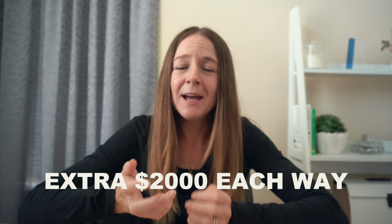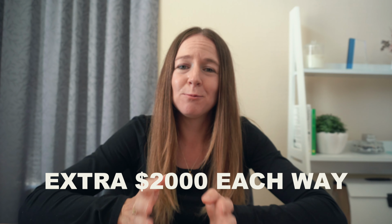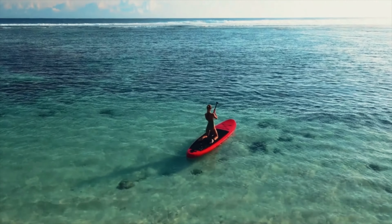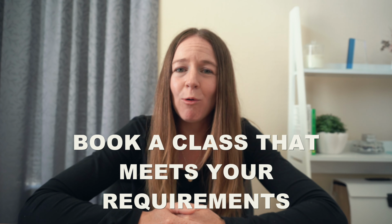But for a family of 4, this was gonna bump our flight costs up by an extra $2,000 each way. So for a 3 to 4 hour flight, it just wasn't worth it for us. That extra $4,000 we could utilize in a much better way and spend it on our accommodation or our activities. So a way to save money on your flights is to book a class that meets your requirements and can